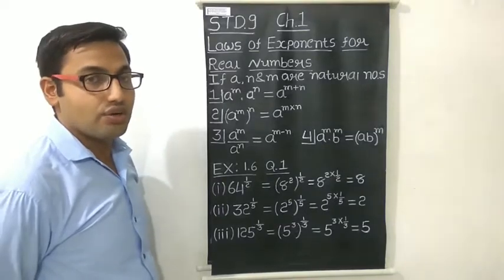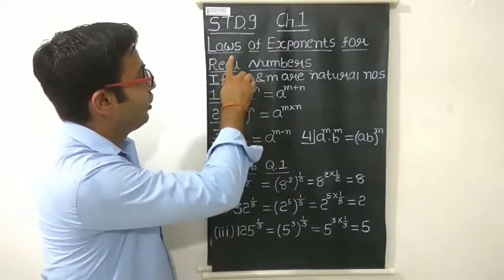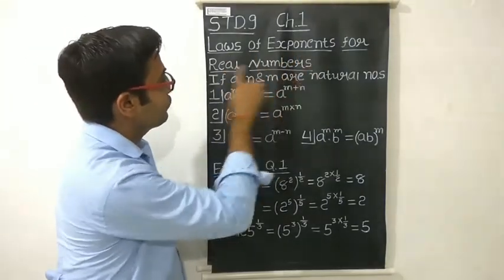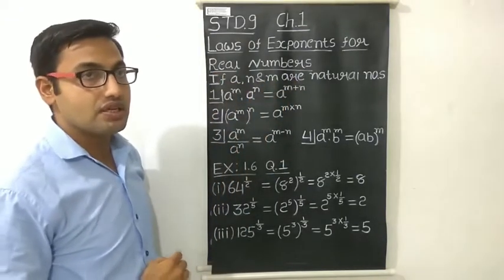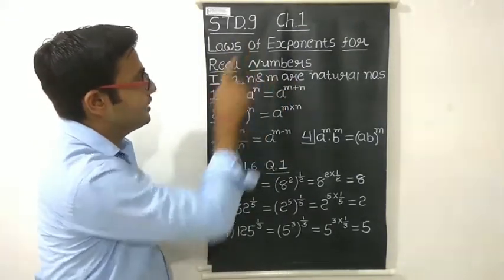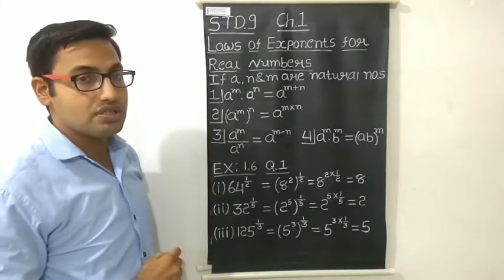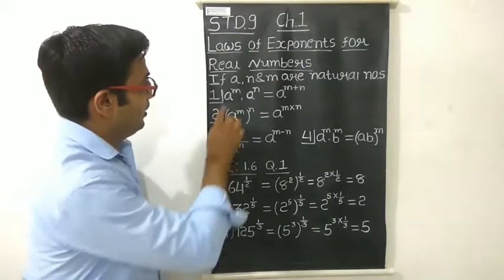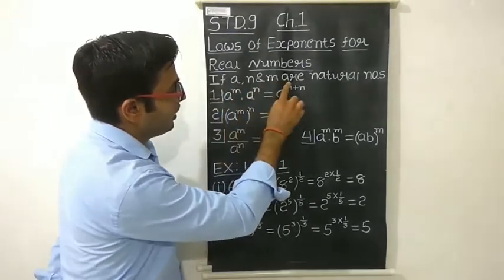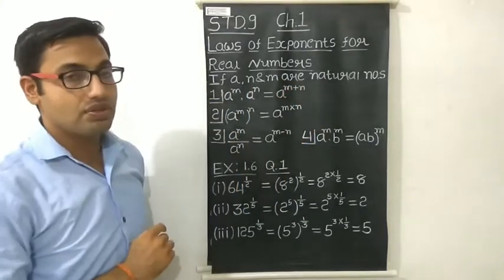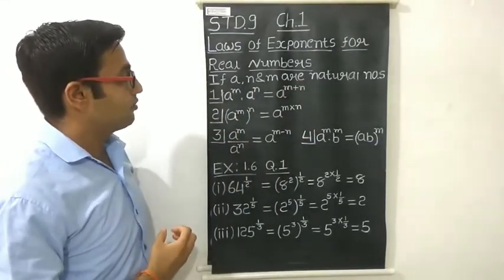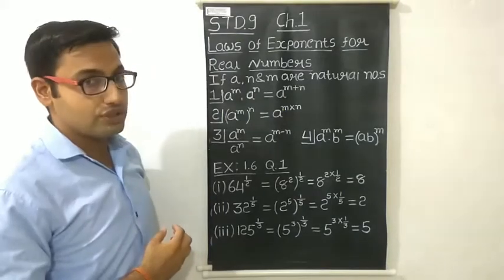Hello students, today we will study about the laws of exponents for real numbers. This is the topic of standard 9 chapter number 1 number systems. So if a and m are natural numbers, then there are some of the laws of exponents that we have